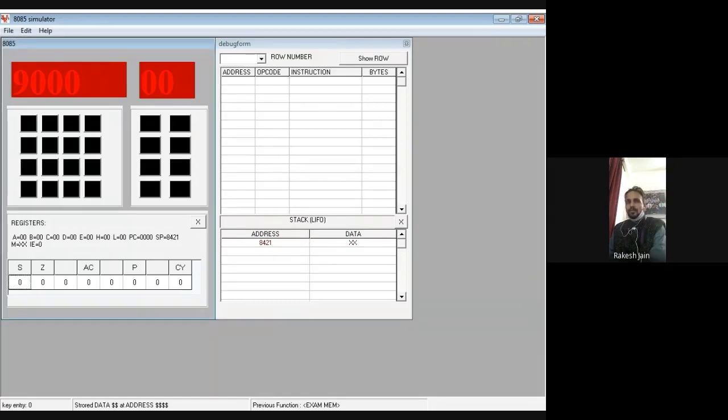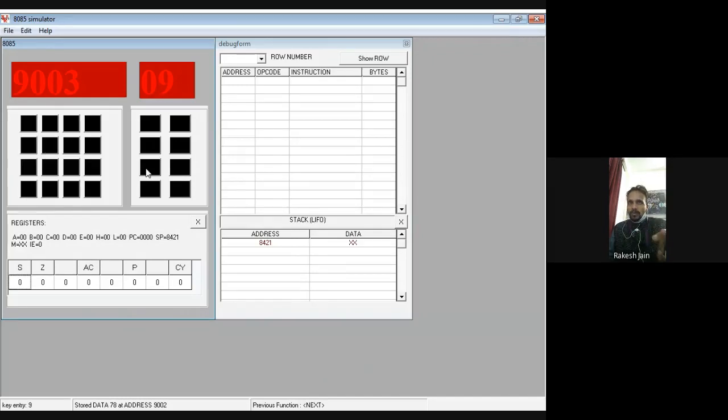The data will be 2801. Now see that MS Paint file. First we upload 01, so 0 and then 1. The next is 9001, and that will be 28, so 2 and 8. Then at the 9002 memory location, my data will be 78, so 7 and then 8.